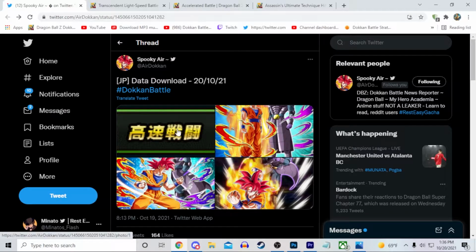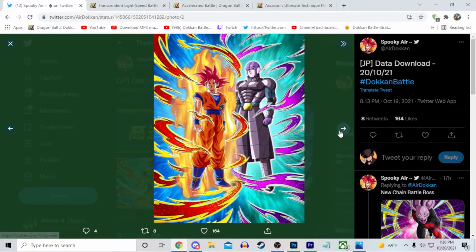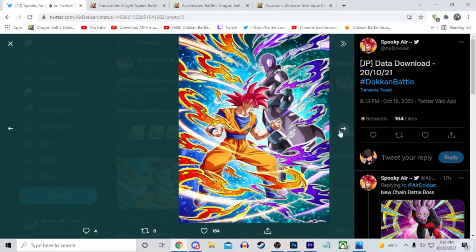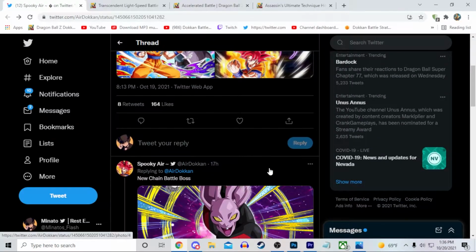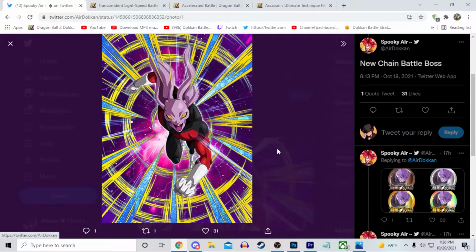So there's a lot to talk about. A brand new category came out in the game. Of course, the new LR Goku and Hit units, very powerful units. We have a new chain battle boss, Dispo. We don't know the weaknesses or anything about the chain battle boss just yet, but we do know that this is going to be a chain battle boss upcoming very soon, so that's going to be very nice